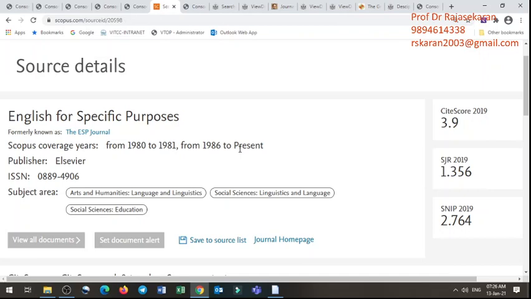So UGC CARE list 2 listed the Web of Science journals as well as Scopus database journals. Generally, compared to list 1, publication in list 2 may be very tough, because they are maintaining a very high international standard. But make sure to use this simple technique to understand how the journal's quality is. If a journal publishes only a limited number of papers in an issue, absolutely that is a quality journal. In case it publishes lots and lots of papers, then that may not be a quality journal. So please check all these things.